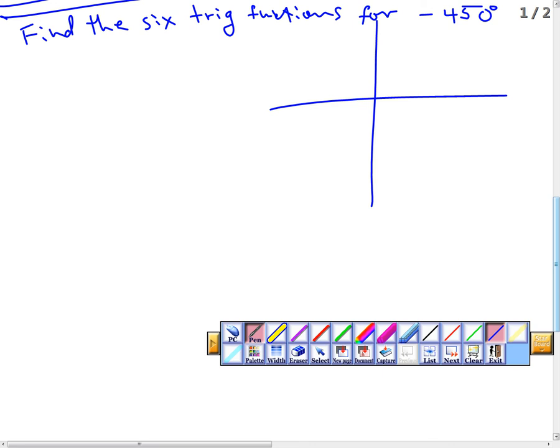Clockwise, that's right. Counterclockwise angle is always positive. Clockwise the angle is negative. So here, this would be negative 90, negative 180, negative 270, okay, negative 360. But we're going to keep going, right? Because negative 450 is more negative than 360, right? So if we took negative 450 minus 360, right,